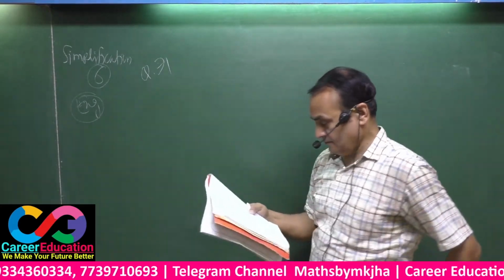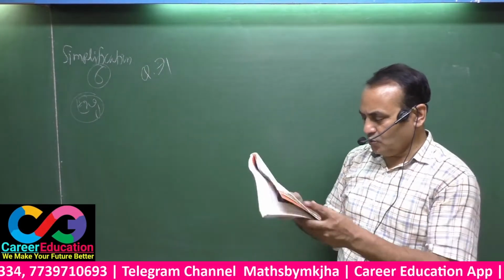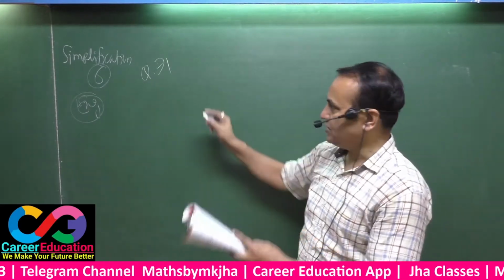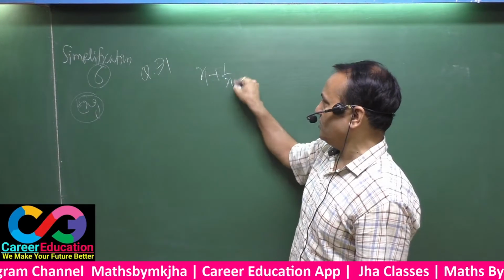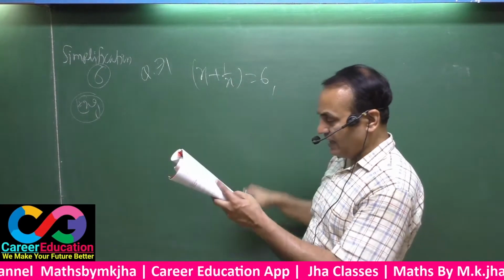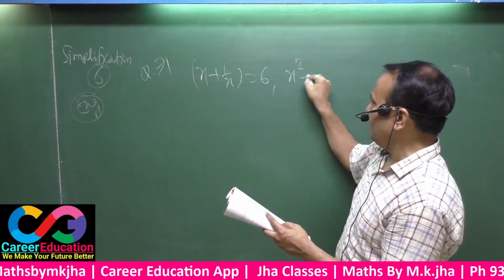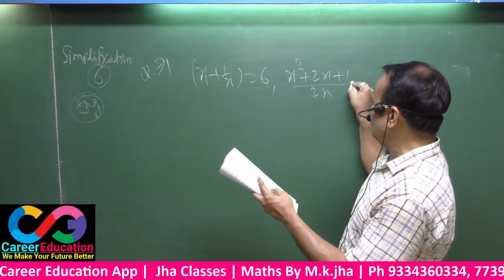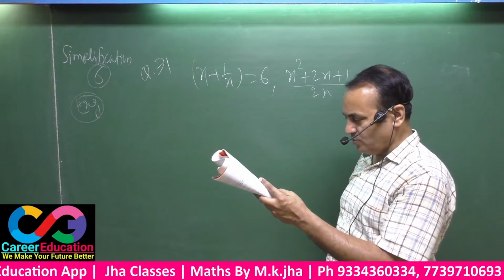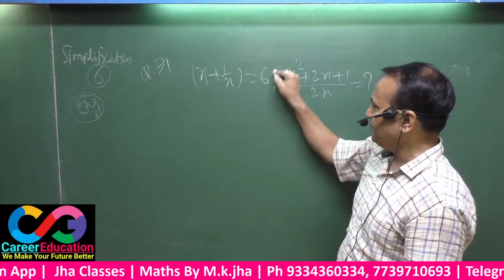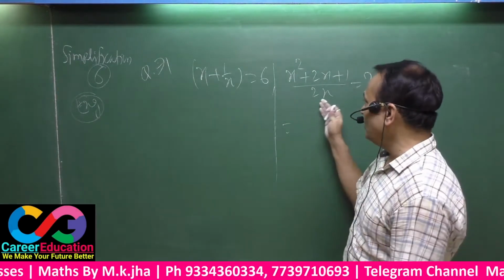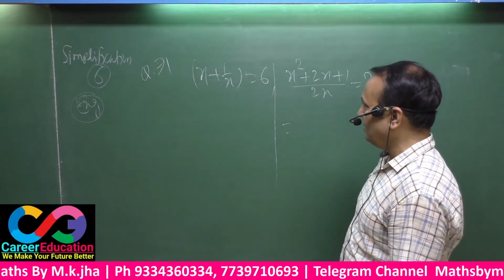See, question number 71. That is x plus 1 by x equals 6, and we have to find out (x square plus 2x plus 1) by 2x. That means, see here, if you divide all these by 2x, certainly here you have to point out